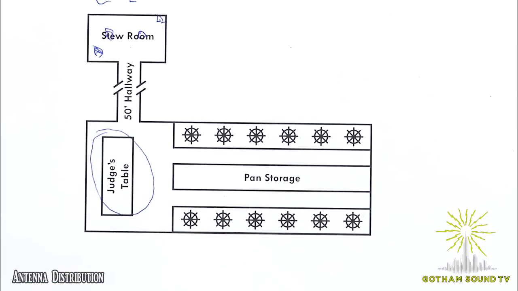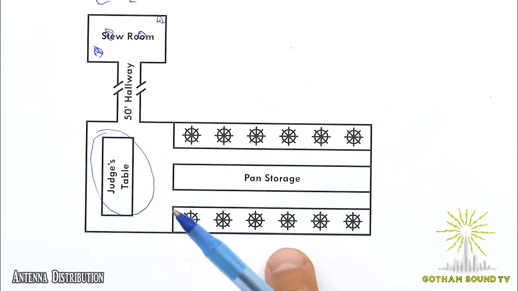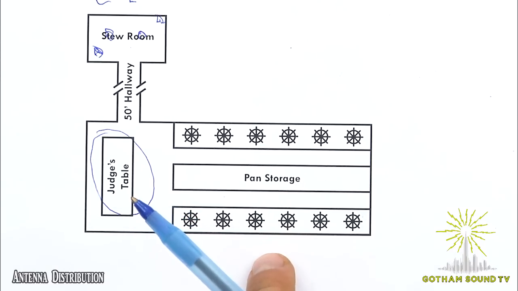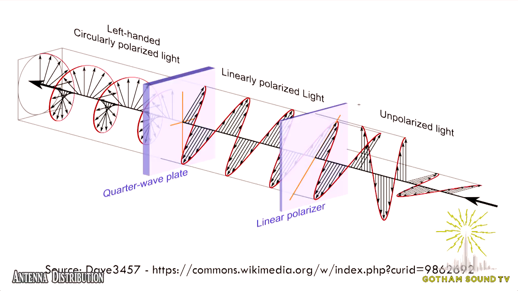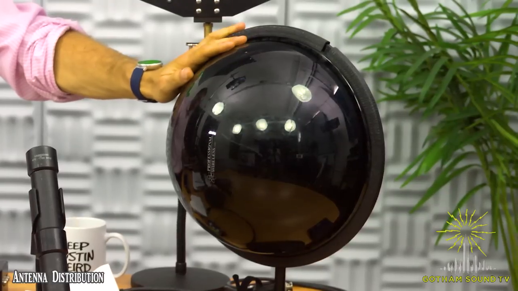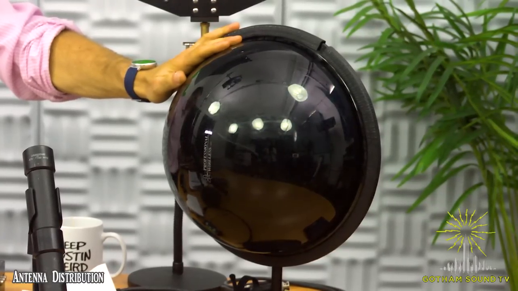So one of the things that I notice right away is, cooking shows, there's a lot of stainless steel. And stainless steel bounces around RF. So now we start to talk about how we're going to handle that. What's the optimum way to get my desired signal in terms of the optimal antenna choice? And personally, I've had great luck with these PWS circularly polarized antennas, professional wireless system antennas. These are really, really fantastic antennas because